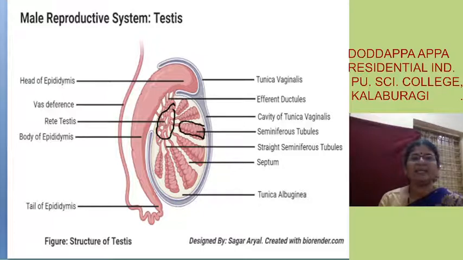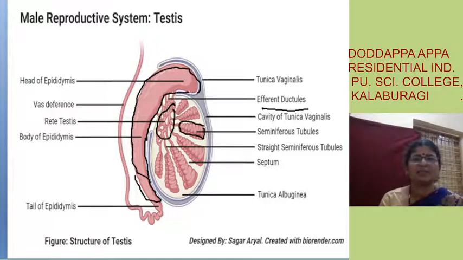It has been named as efferent duct. And these vasa efferentia open into a structure which is called epididymis. So this bigger duct-like structure is the epididymis. This structure is epididymis. We drew this in the class. I did not draw in all classes, but only in 2 classes I drew.